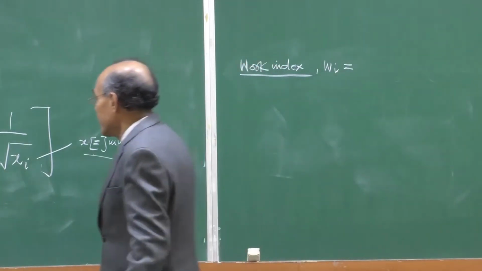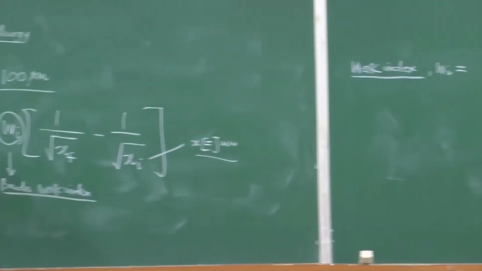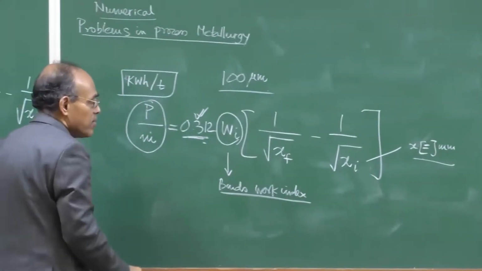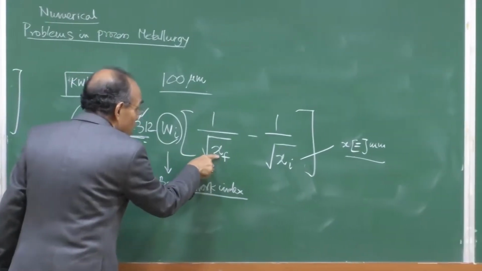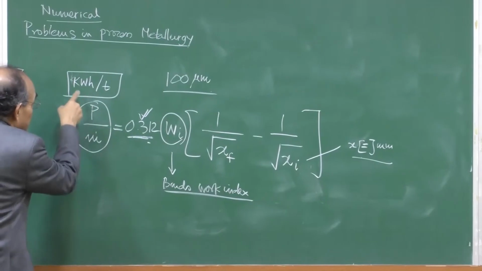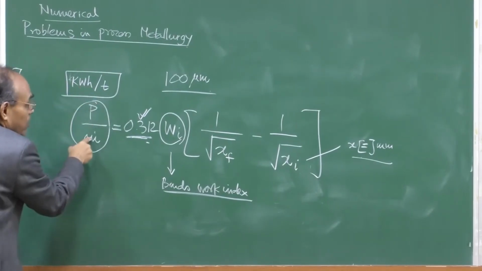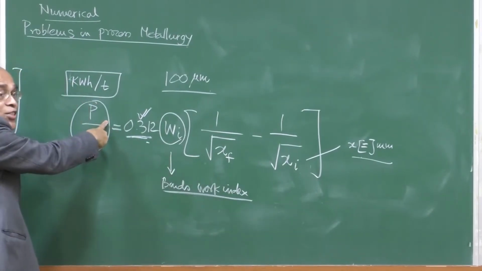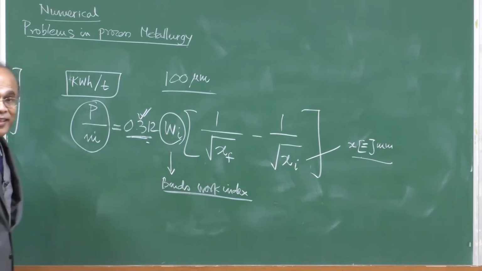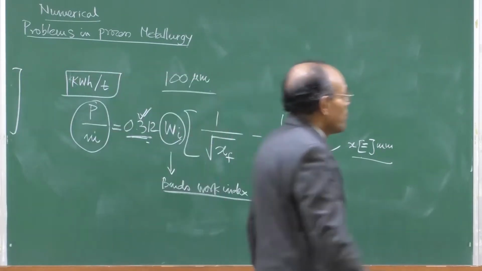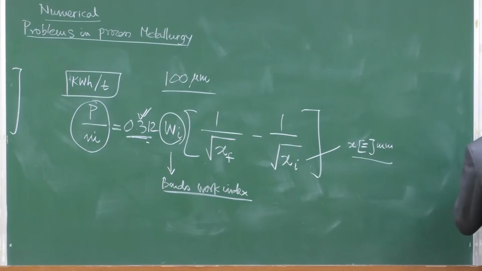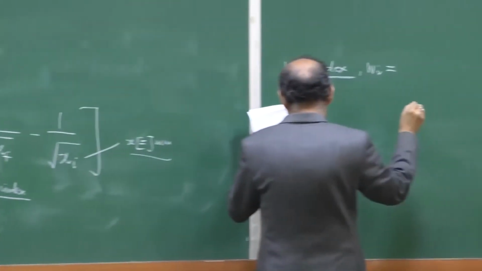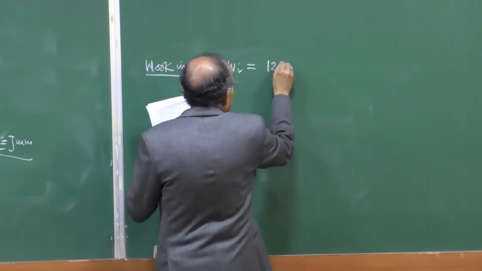You can imagine what the unit is. This is millimeter to the power half. So, therefore, this is kilowatt hour per ton into millimeter raised to the power half, that is the unit of work index. Okay. So, work index of the material is given to be 12.75